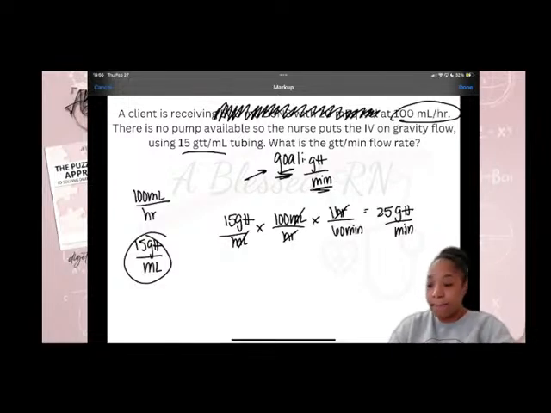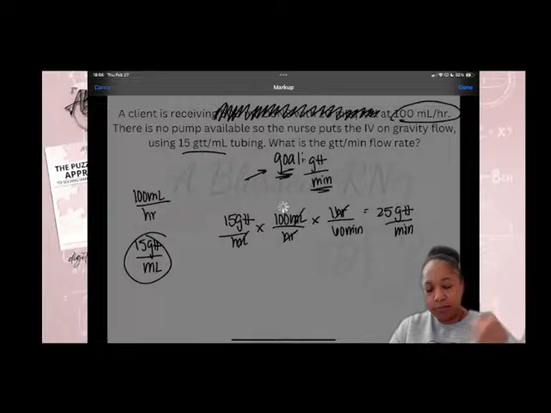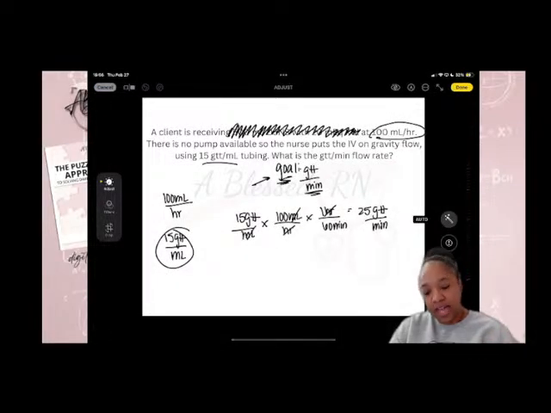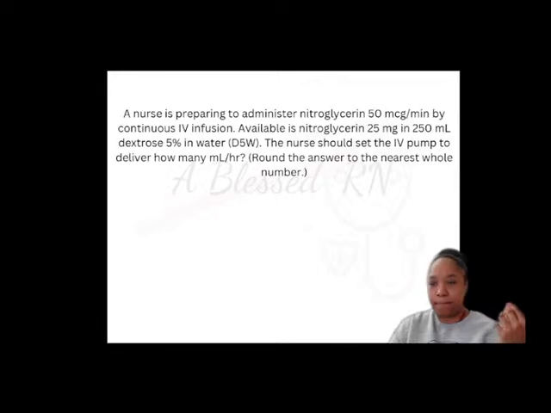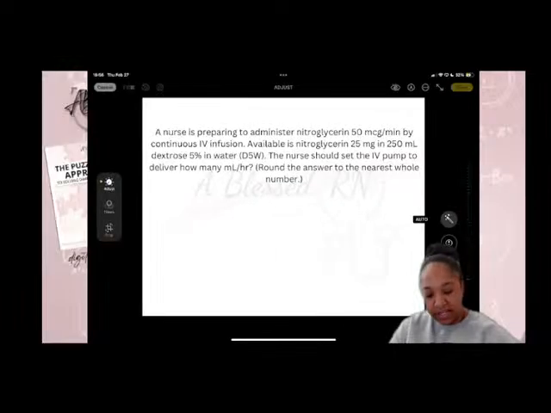That's okay. Because that's what people fail to realize. This is simple math. It's just put into a different type of format. And because it's IVs and it's medicine and it's weight and all that other stuff, people get really intimidated. But you see, you didn't use any type of math at all except for multiplication and division at the end. That's where I messed up when taking med math. I get confused. So if you use that goal, that's what's going to help you pick out